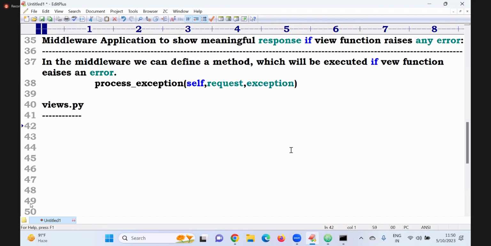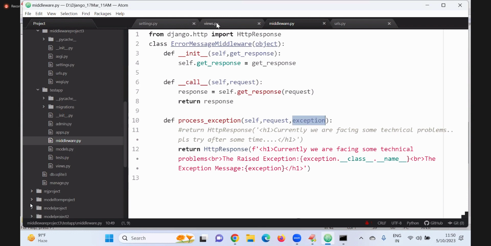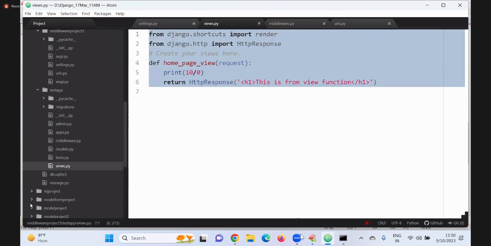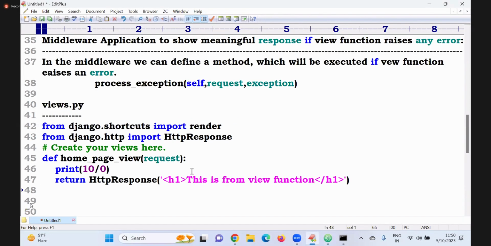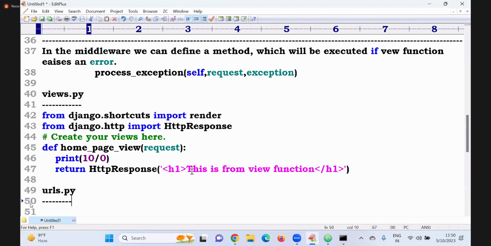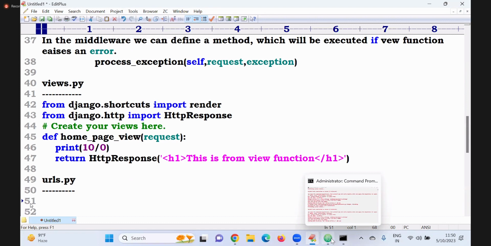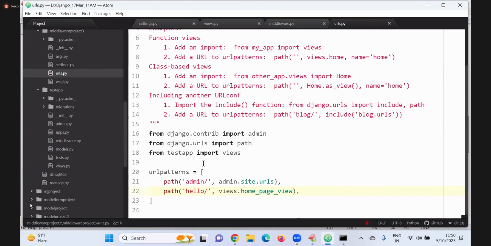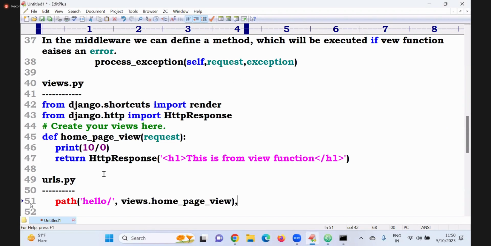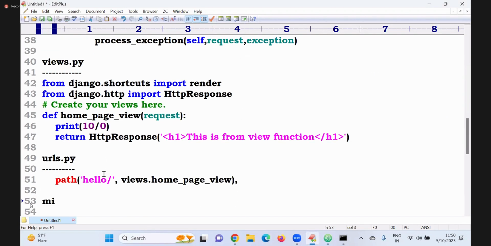In this way, exception messages also you have to send. Views, urls.py. Next, middleware.py.